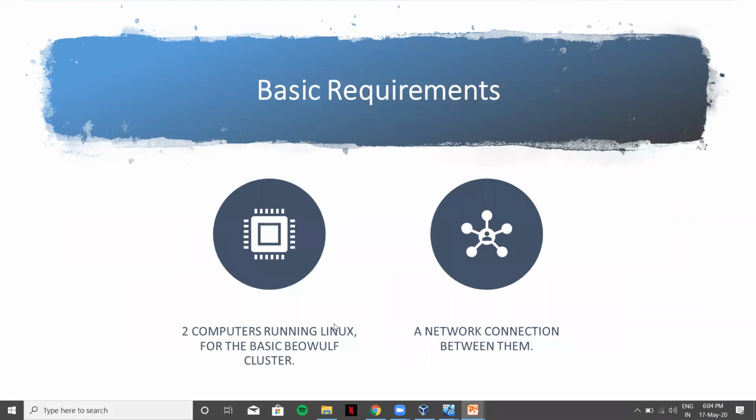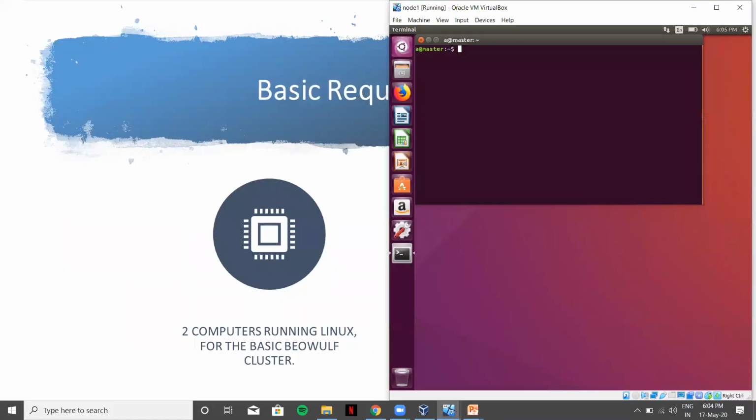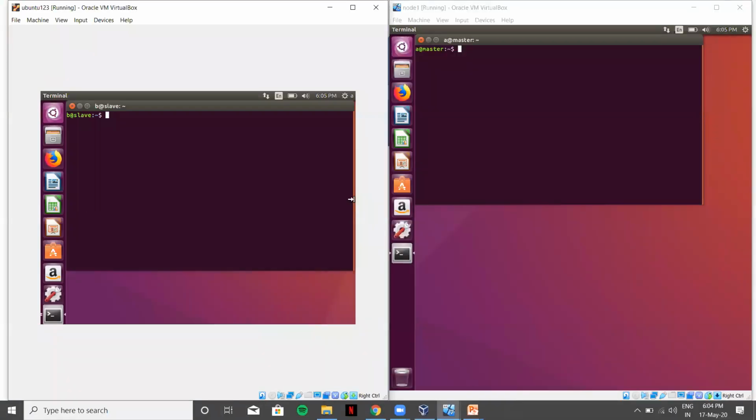Okay, now I'll show you how we made the two VMs using VirtualBox. This is the first VM, the slave one, and this is the master one. It was a very general process: you open VirtualBox, add a new virtual machine, and make two different machines, one named master and the other slave.